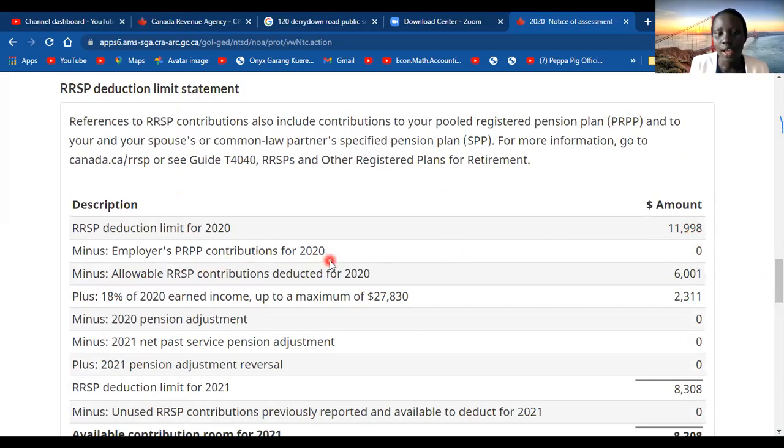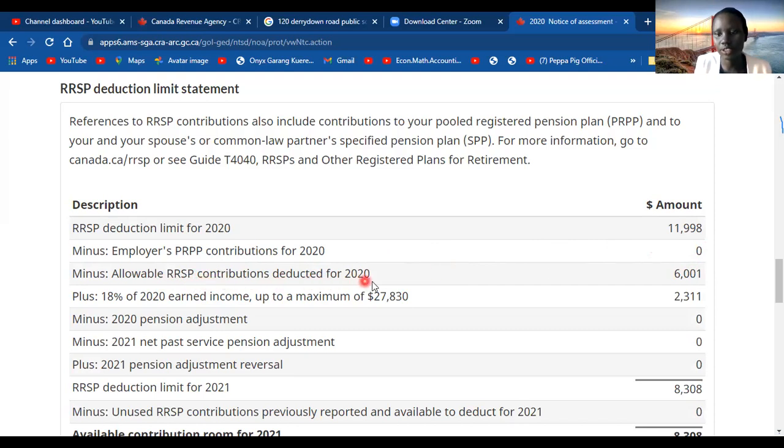Employers: I don't have any permanent employer, so I do not have a participating RRSP through employment. That one is really good for people who have permanent jobs. If you contribute something to your RRSP through your employer, they will match it 100%. If you put $50 inside, the employer will put $50 inside. So for me, now I do the allowable